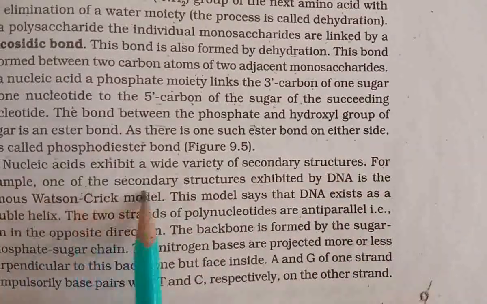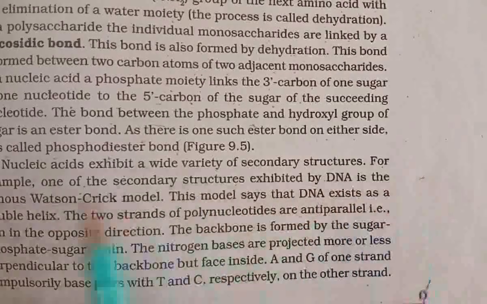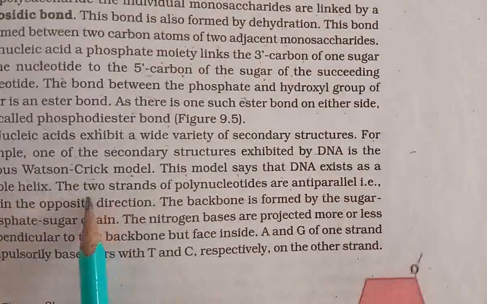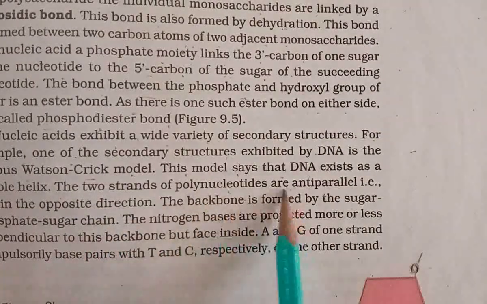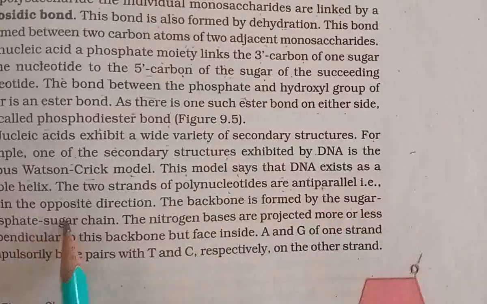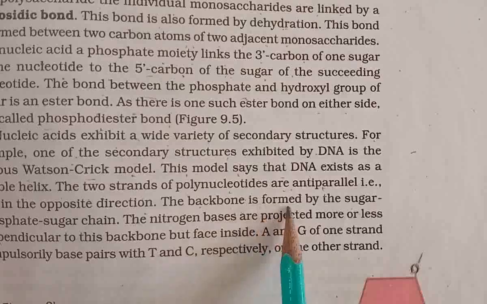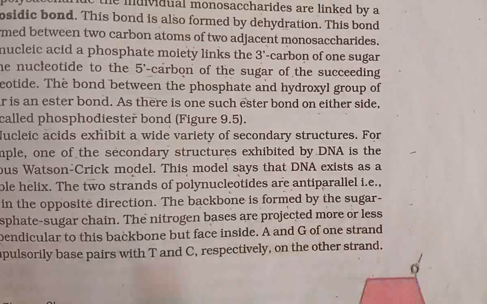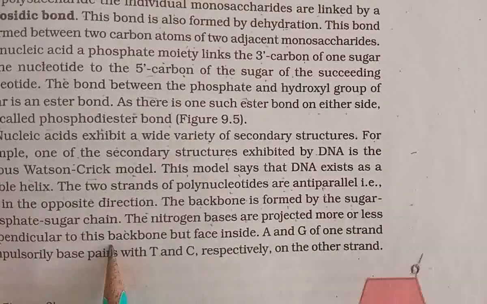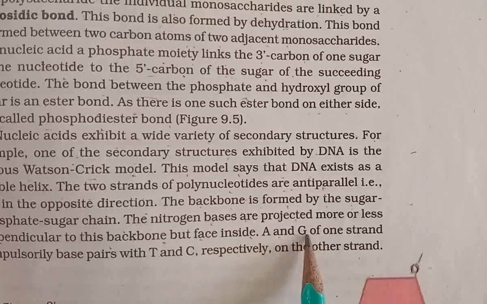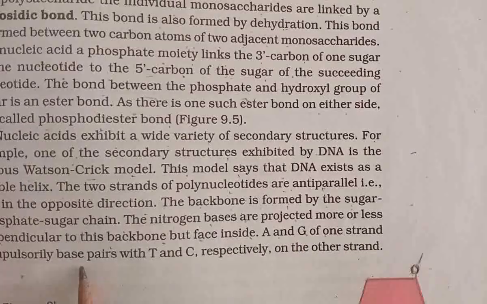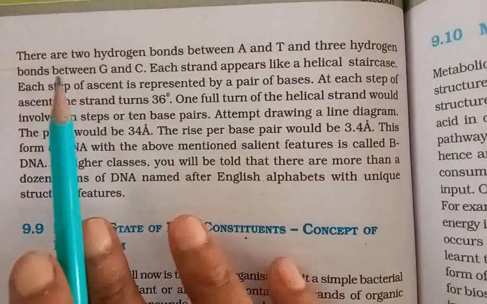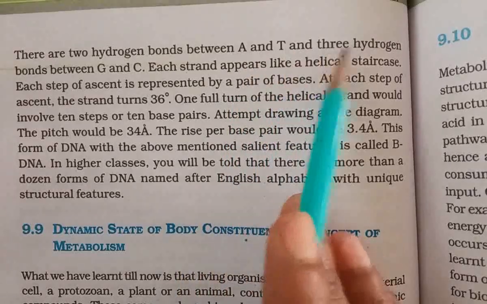For example, one of the secondary structures exhibited by DNA is the famous Watson and Crick model. This model says that DNA exists as a double helix. The two strands of polynucleotides are antiparallel, that is, they run in opposite directions. The backbone is formed by the sugar-phosphate-sugar chain. The nitrogenous bases project more or less perpendicular to this backbone but face inside. A and G of one strand compulsorily base pair with T and C respectively on the other strand. There are 2 hydrogen bonds between A and T and 3 hydrogen bonds between